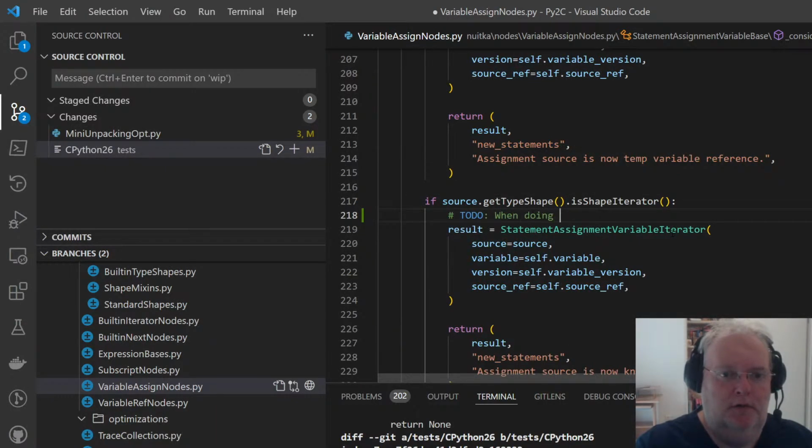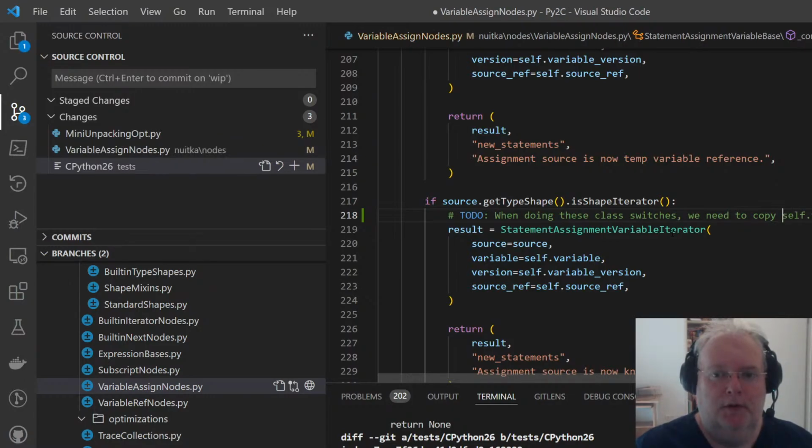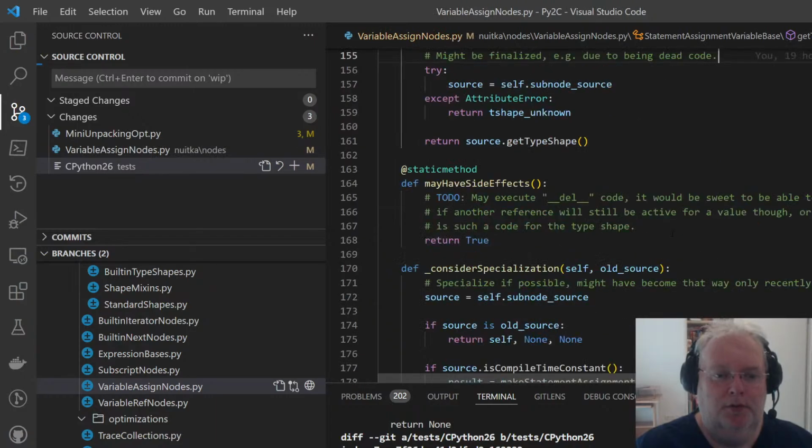When doing these class switches, we need to copy self variable trace as well, because I think it got computed already.